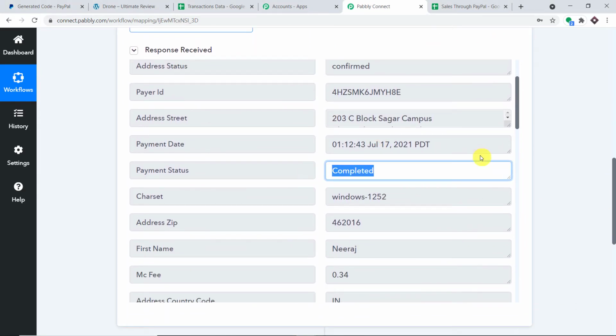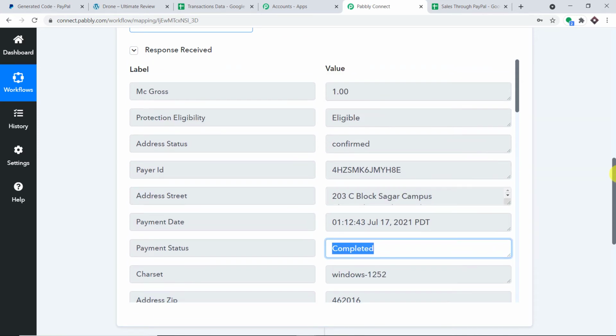Okay, but the issue here is PayPal IPN works for all types of triggers like payment completed, payment created, payment cancelled or reversed, payment denied, payment expired, payment pending, or even for payment failure. But we only want the data for those cases when the payment is completed. So that is why we have to apply the filters. The filter will allow only those cases where the payment is completed, not for the other ones.